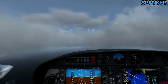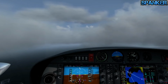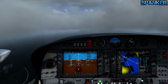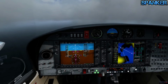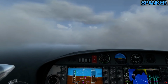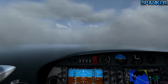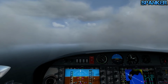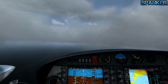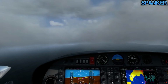Right, I can see the runway. I've got the runway. Right. I can see runway light there. Let's go down to 1,500 feet. I think it's when I get into that low cloud that I go to whiteout conditions. It wouldn't be too bad if I didn't do that. I could fight and maybe get it down, but